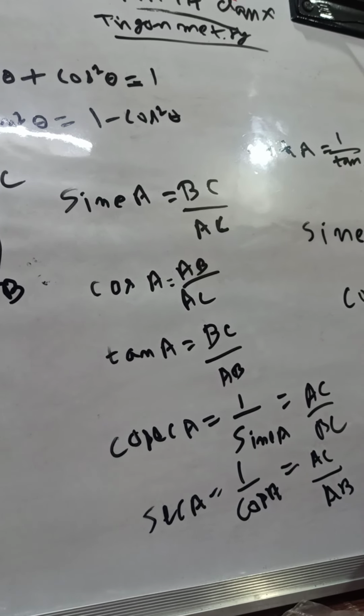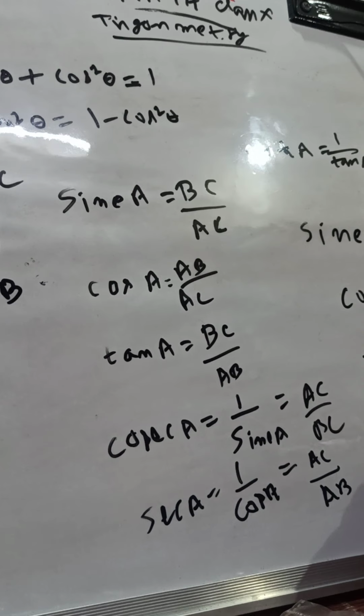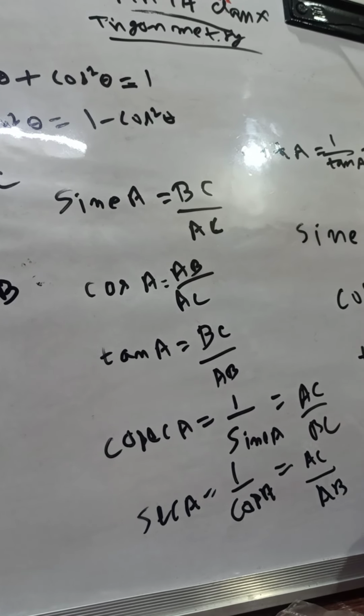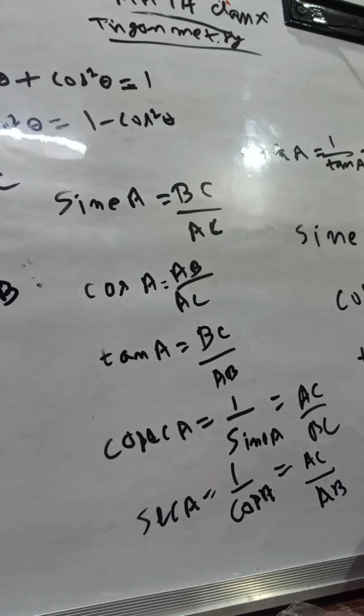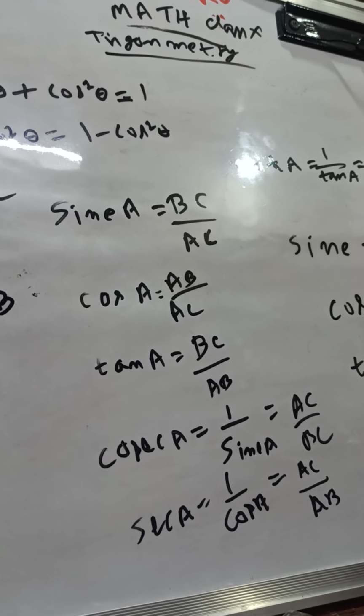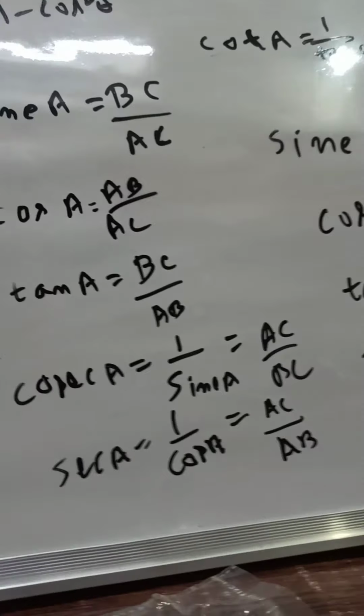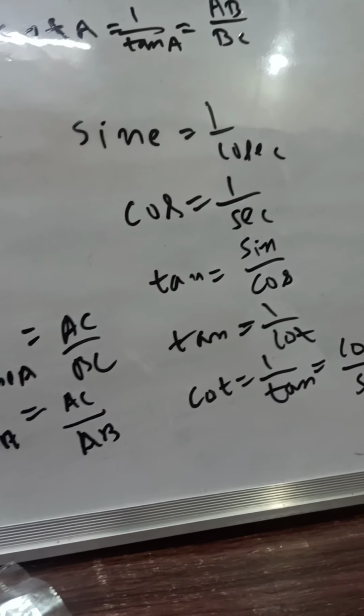just opposite of cot. But then what will be cot? Cot will be also opposite of tan. Cot is equal to 1 by tan. Or tan is sin by cos, cot will be cos by sin. Just I am showing you. These are the things, just let's see and remember.